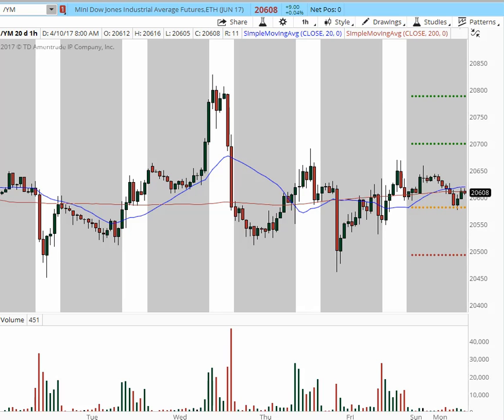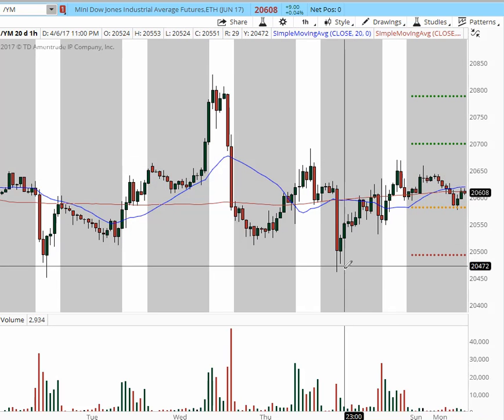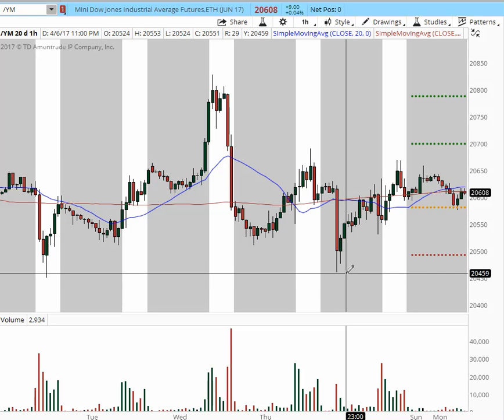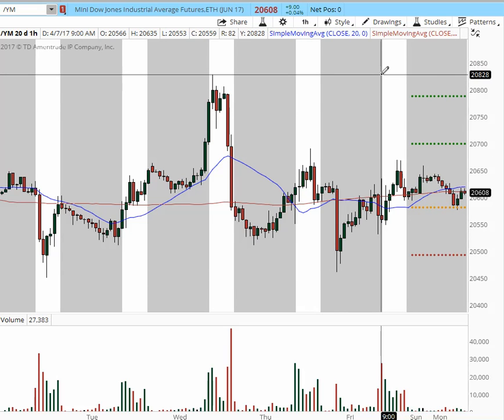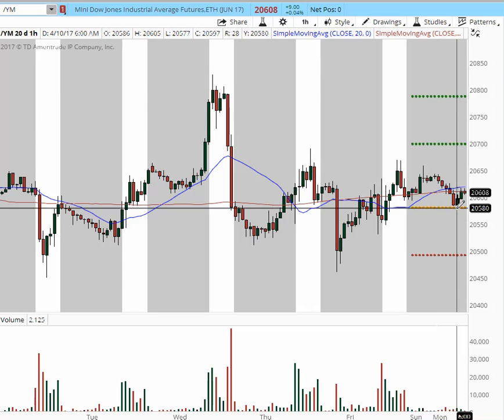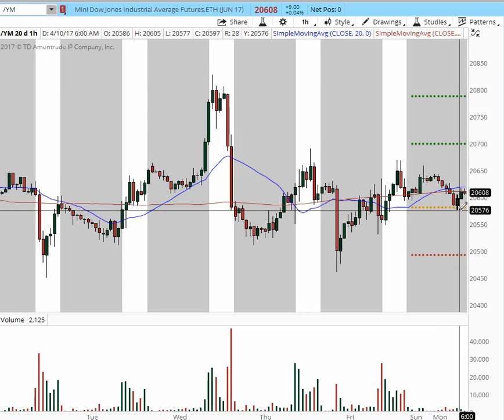We're going to start with YM, and as you can see, this mini index has been trading in a range for quite some time, actually for more than 2 weeks. The levels that have been established throughout this period are 20,450, and the high point of the range is 20,828. The overnight support resistance levels for YM, first off, are